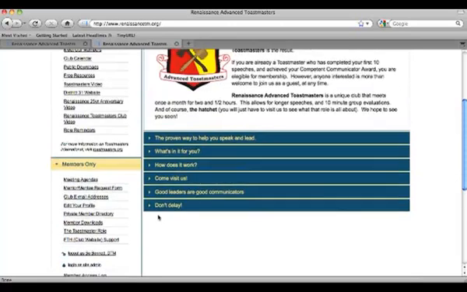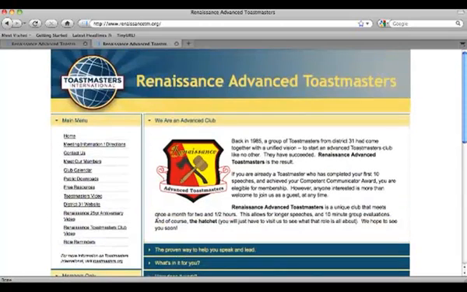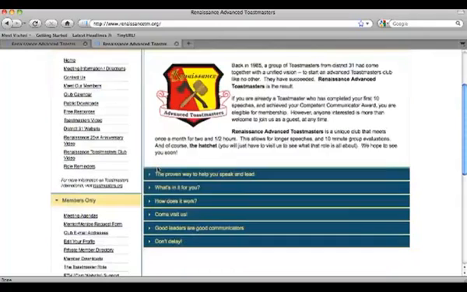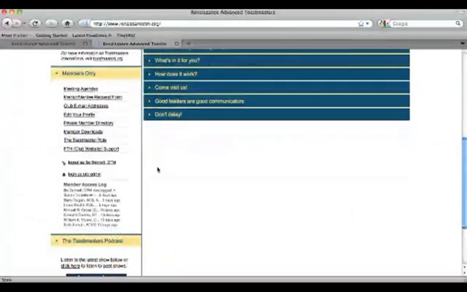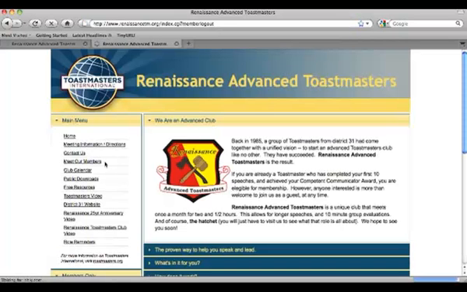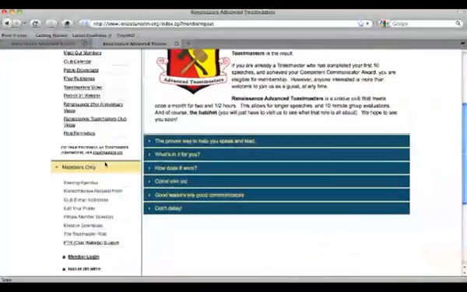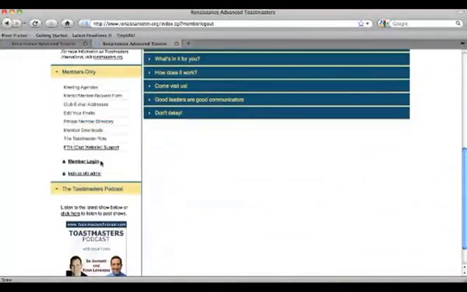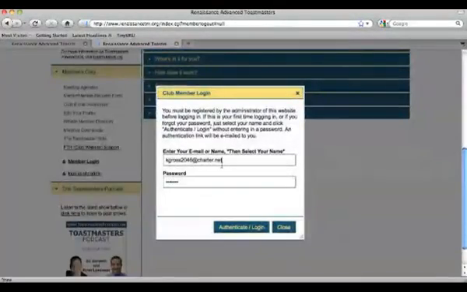A few notes on logging in different browsers. If you do have a different browser, like Safari or Internet Explorer, or if you're accessing it from different systems, you have different computers, you're at the library, on a laptop, you will have to log in again. You don't have to authenticate again. So if we logged out, for example, let's just pretend that we're logging in from another computer now, or even another browser. You click on the member login link,